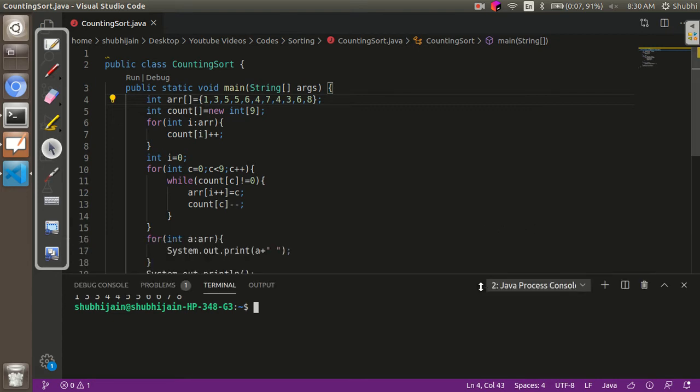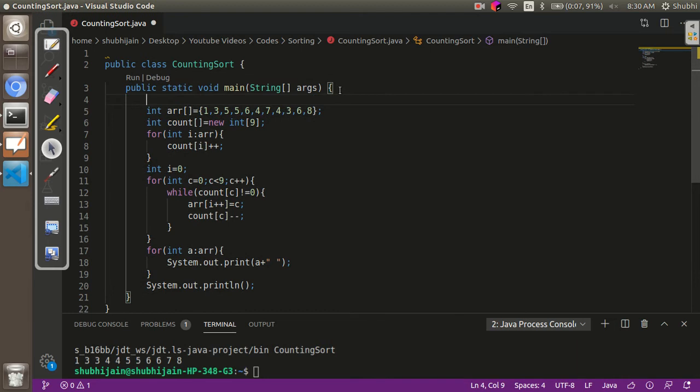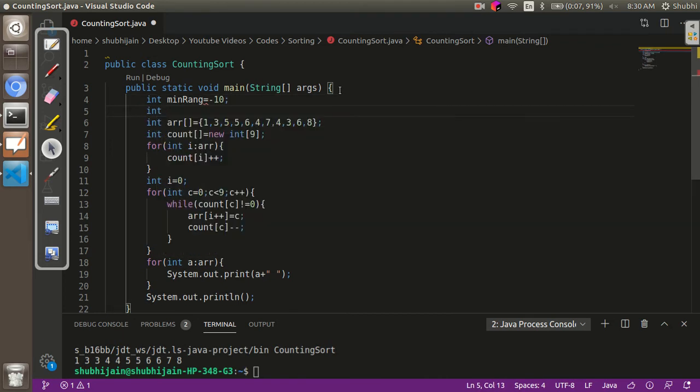Now there might be a possibility that the range of the elements might have some negative numbers. So what we can do is we can store the range over here. Let's suppose my numbers are from -10 to 10.